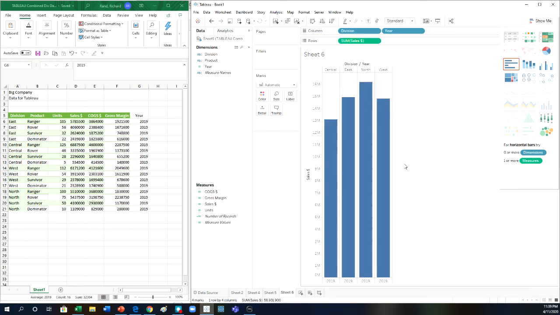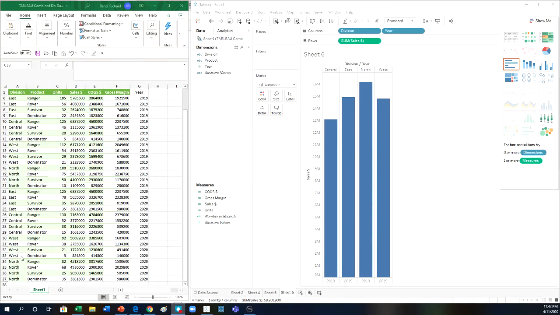So there it is. I've got my information. It's all for 2019. So let's say that I wanted to add some more data. So I'm going to go add some more data to this, and give me just a moment to do it, and you'll see that we have the new data. So just like that, you can see we've got our new data, and this time it's for 2020. So I'm going to save this file,